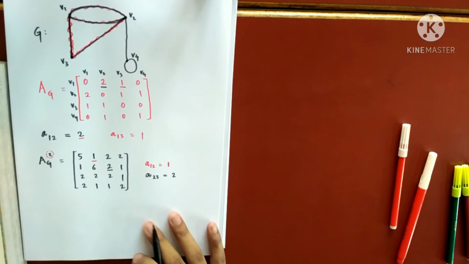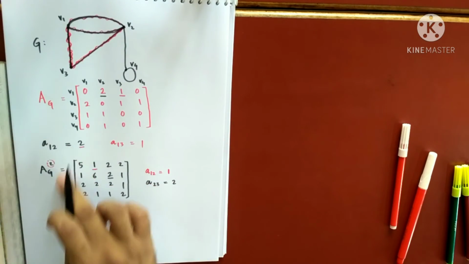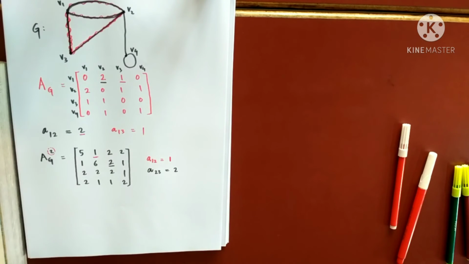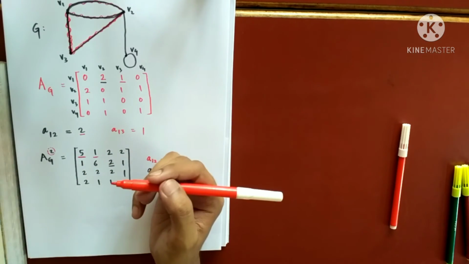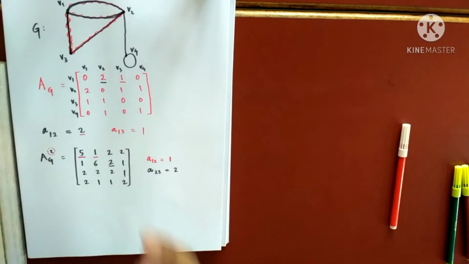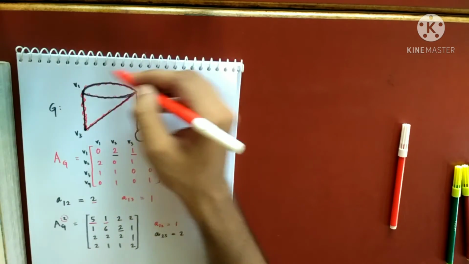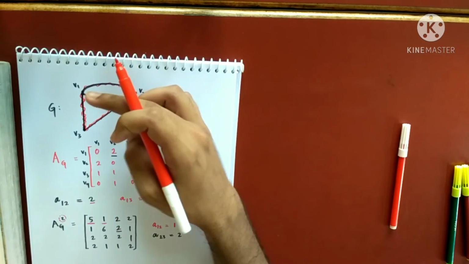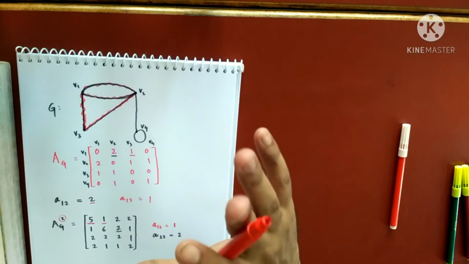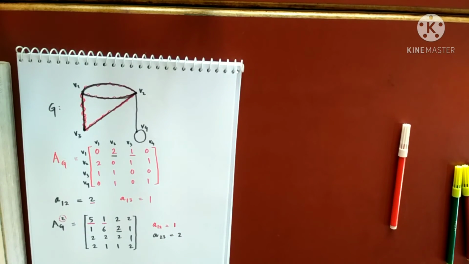So what we are seeing, the entries of this matrix are matching the walks. That means this matrix is giving us the number of distinct walks from a particular vertex to another vertex. For example, if this is 5, that means there are 5 distinct walks of length 2 from the first vertex to the first vertex. That is a closed walk. You can write all those walks, that will take a lot of time. So 1 is this. And there will be 5, that is guaranteed by this. Okay, from V1 to V1, of length 2.